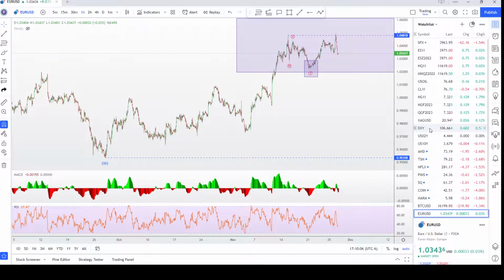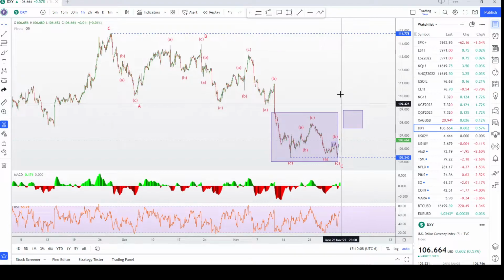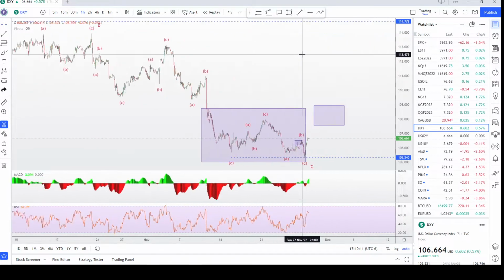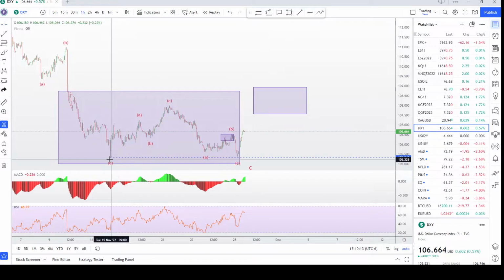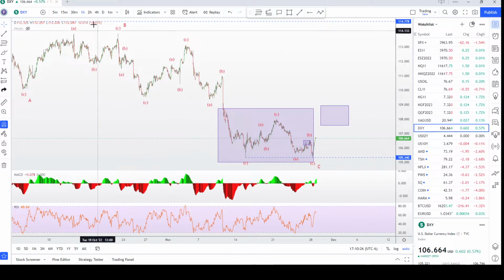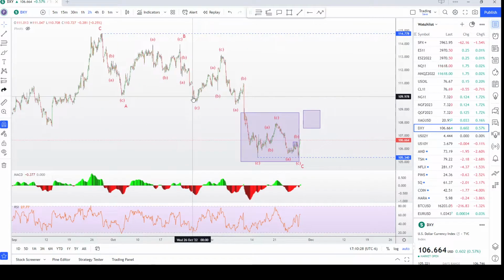But if we look over at the US dollar index, today it finally broke that November 15th low, and it broke it literally by less than 2 pips. As I've been waiting for a while now, I've been looking for 5 waves down to give us that C wave. So we got an A, a B, and then I see 5 waves for an ending diagonal. So we got an A, B, and a C.